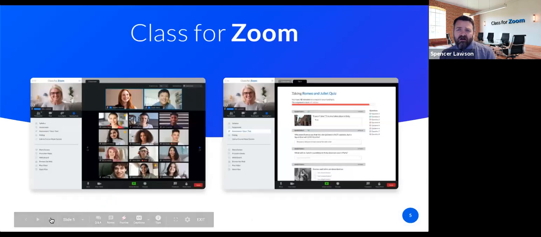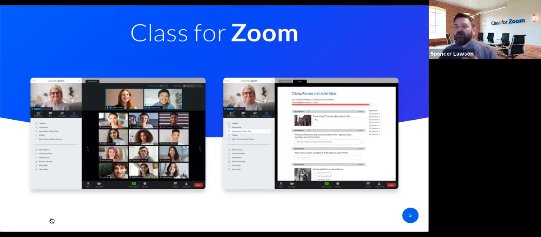And so what we've done at Class for Zoom is we've taken the Zoom SDK and we've actually layered in a service layer, and we actually built teaching and learning tools directly into that environment. And we've actually been able to launch assessments, launch polls, launch tools synchronously. Things that are usually relegated to an asynchronous LMS experience can now be done synchronously, changing the way in which classes can be conducted